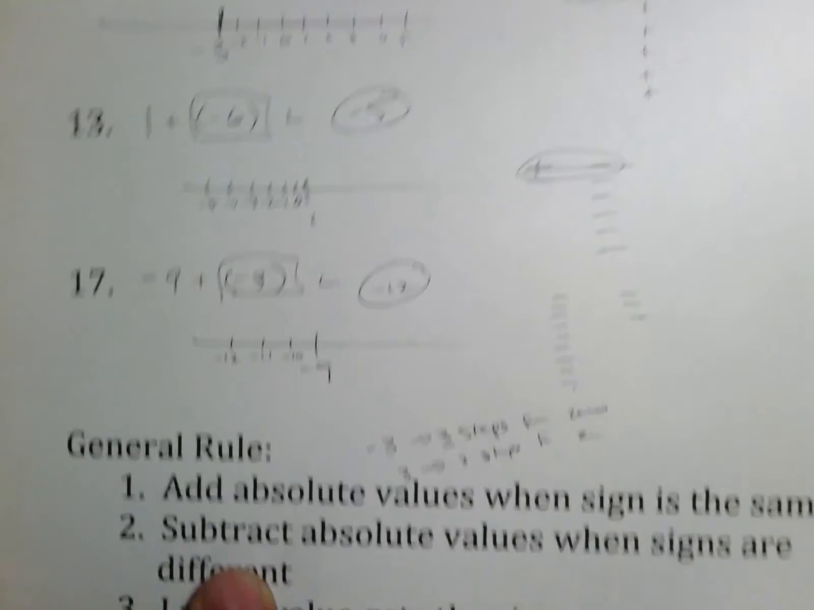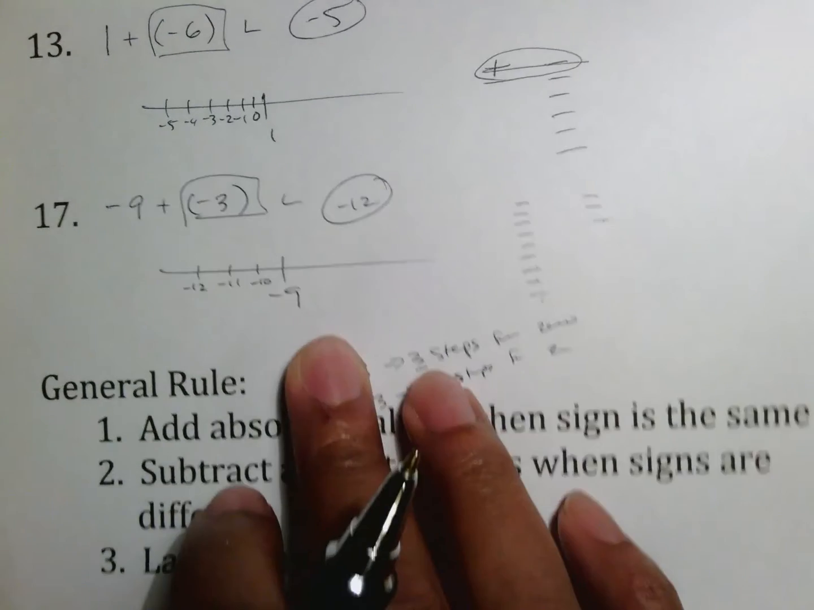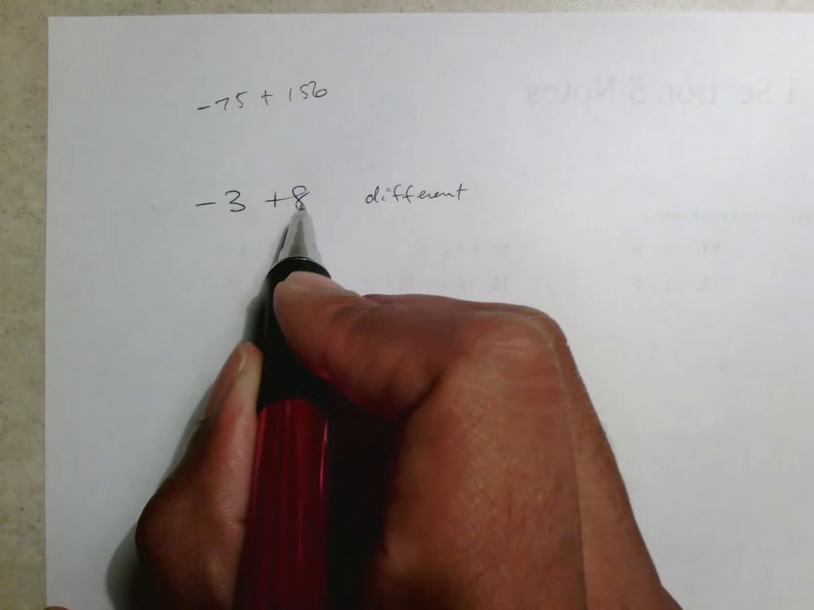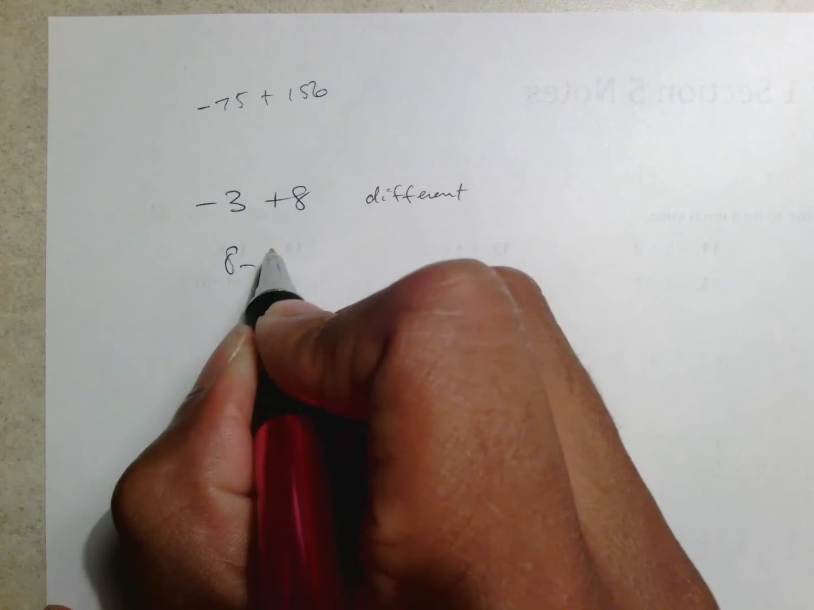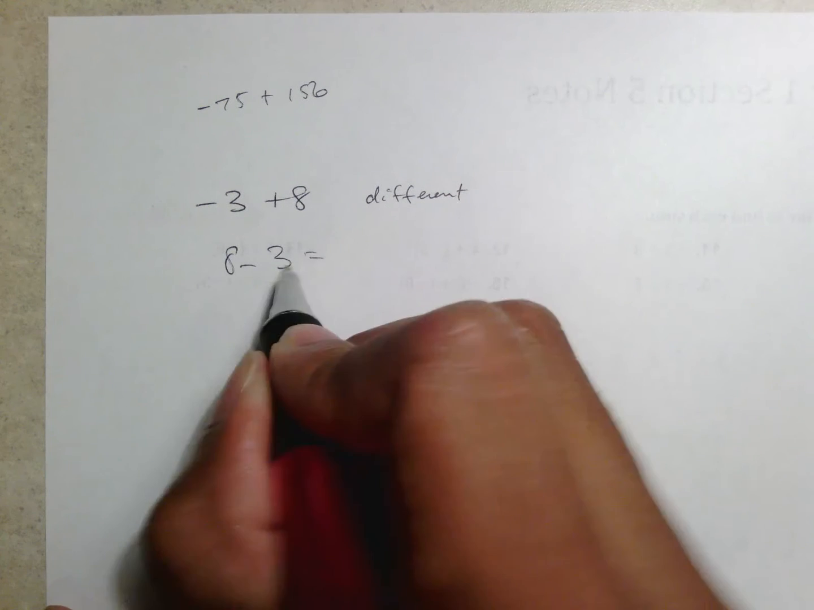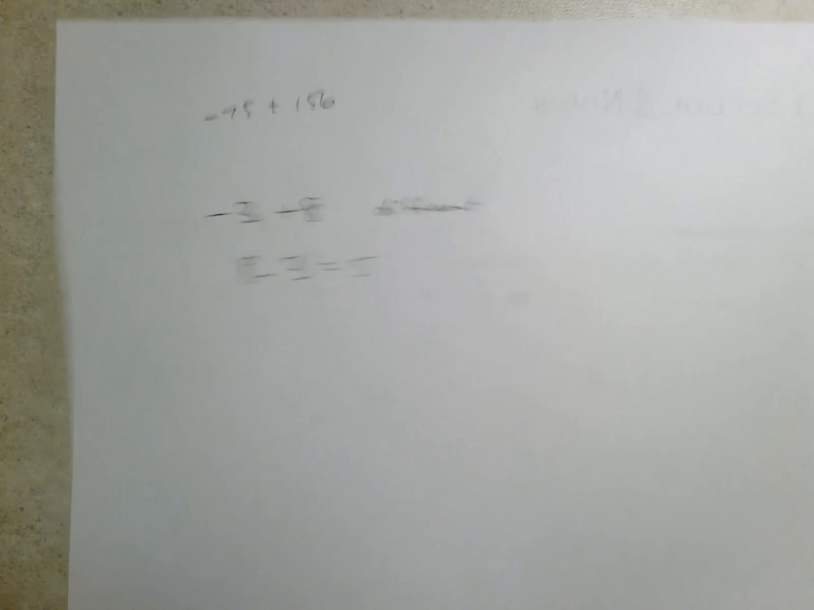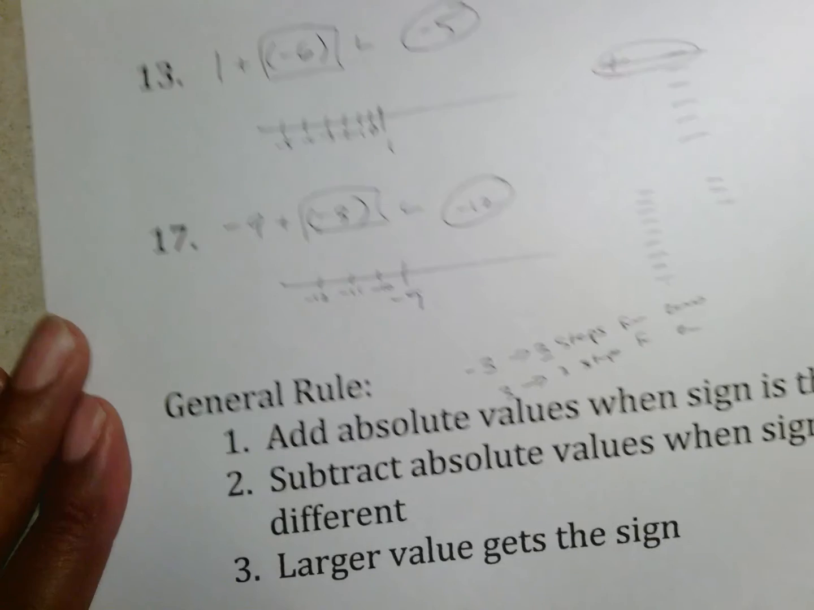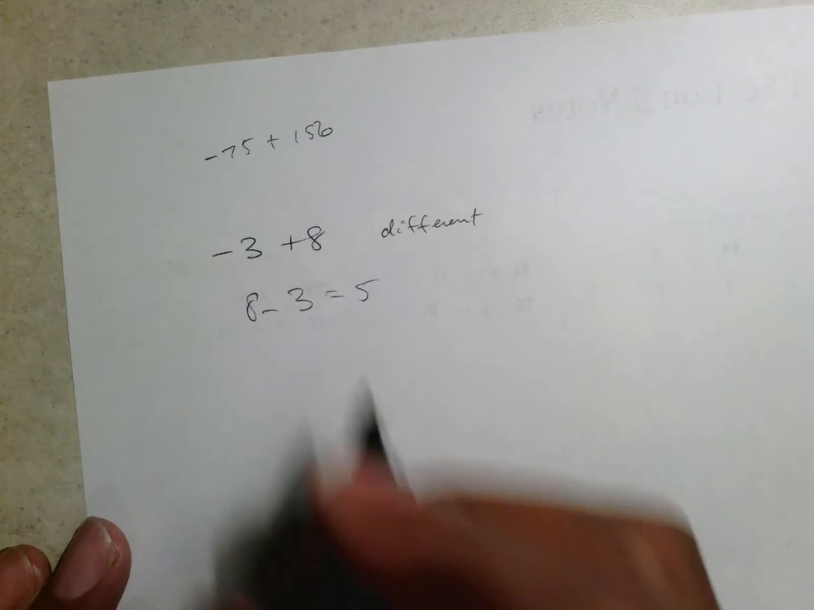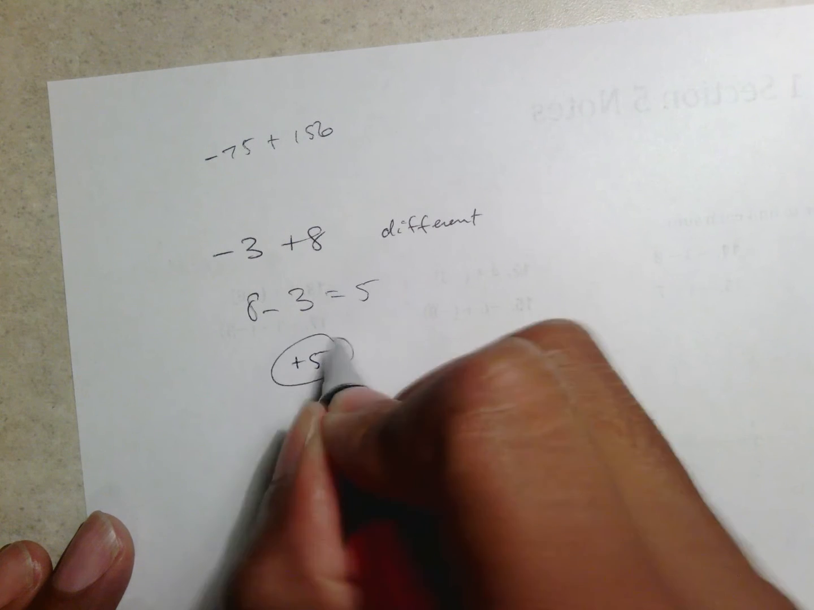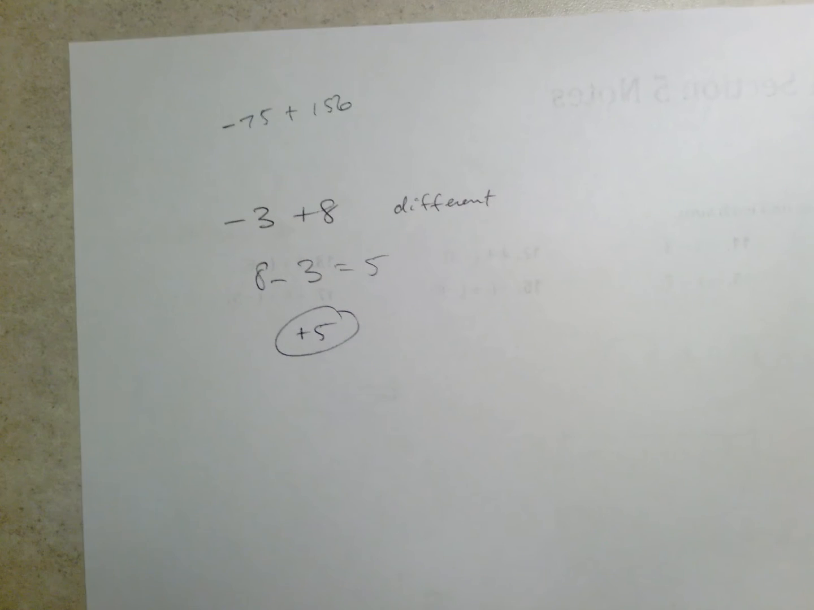Based off of our notes, when the signs are different, it says subtract the absolute values. So you take the bigger number minus the smaller number without the sign. So you have 8 minus 3 is what we're thinking about here. Based off of what I know, 8 minus 3 is 5. And then it tells me that the larger number gets the sign. And so that means I look at the 8, which is the bigger number. 8 is positive, which means my answer is +5, which if you look at your notes matches exactly what was